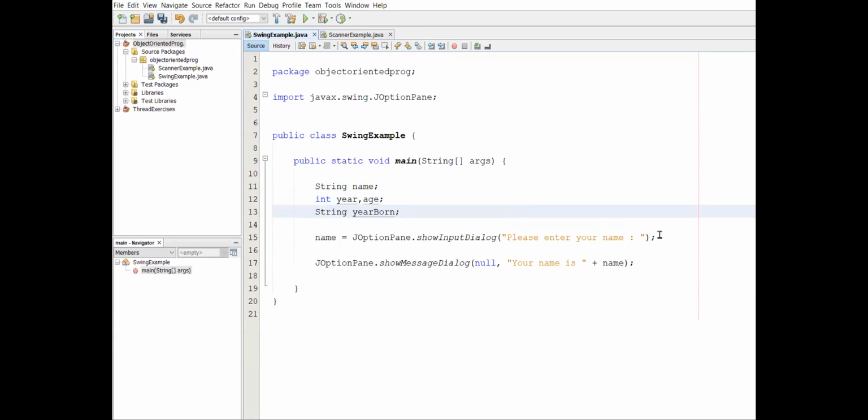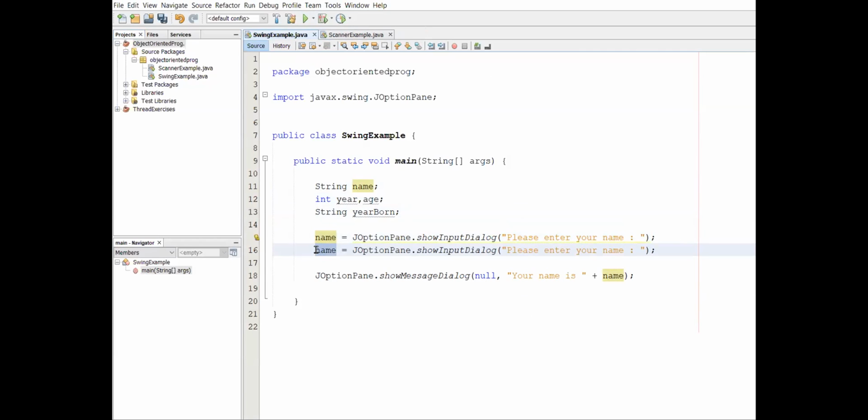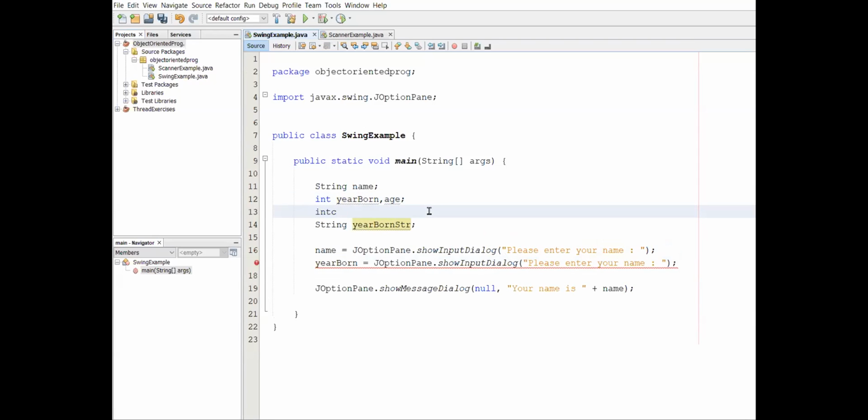So instead, once you have asked the name, I'm going to come here and add the year, which is going to be a string value, year born, this one year born str, and let's create a current year as well. So year born str will be enter which year you were born. And once you have typed this,